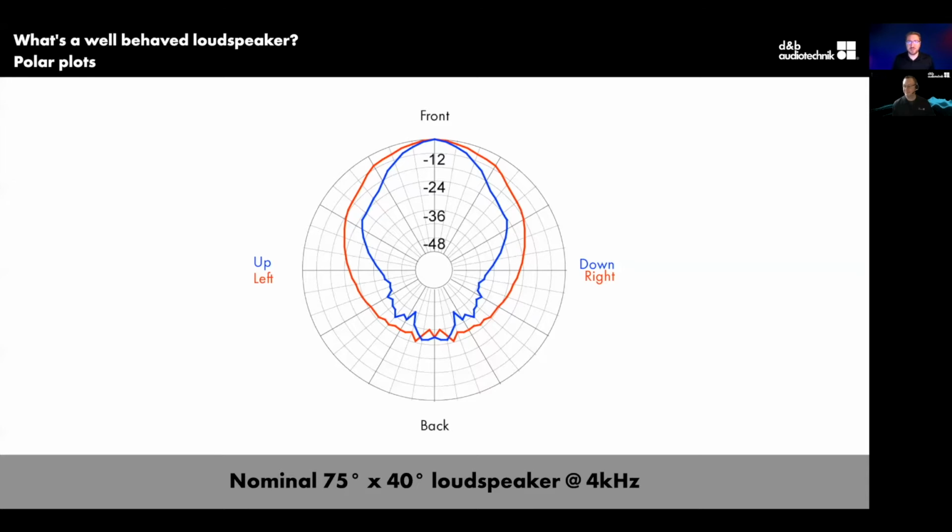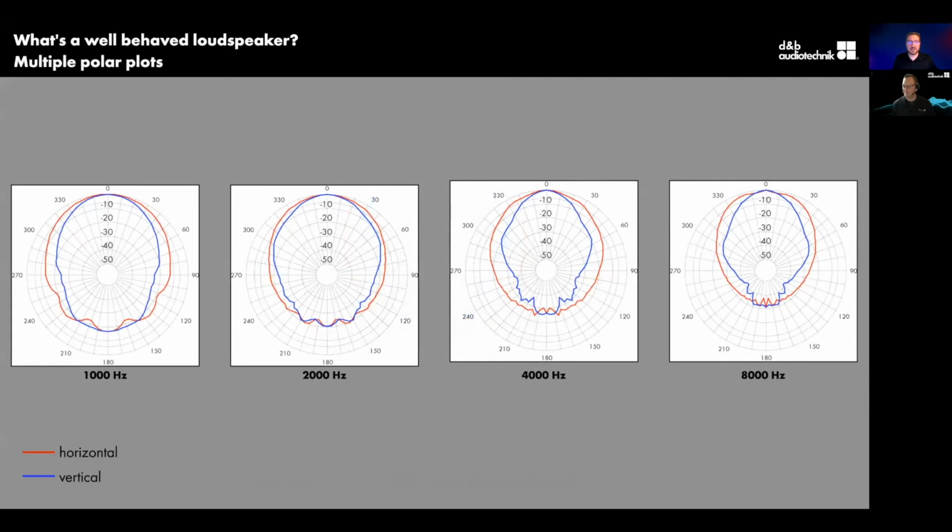More often than not, everyone's going to be familiar with a polar plot, where we're seeing a view around a loudspeaker in both the horizontal, and in this case, horizontal and vertical, where we can look at individual frequencies. And oftentimes, they're put down in terms of octave bands. However, if, say, I wanted to know what kind of pattern control I had at 3K, excuse me, I would kind of have to guess or hope that there's a polar plot somewhere.